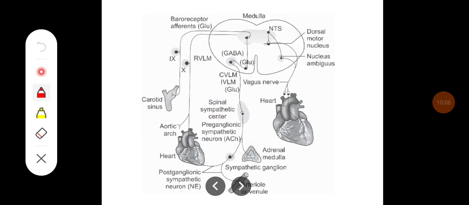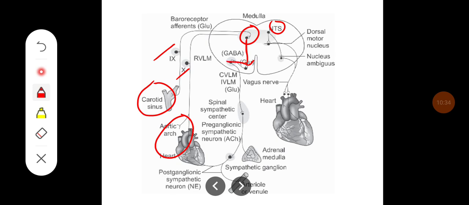So this diagram shows the baroreceptor or sinoaortic reflex or Marey's reflex. Whenever blood pressure increases, the baroreceptors in the carotid sinus and the aortic arch are brought to the nucleus tractus solitarius by 9th and 10th nerves. When the NTS is stimulated, it is going to stimulate the depressor area. The depressor area in turn is going to inhibit the pressor area, which inhibits the spinal sympathetic center,